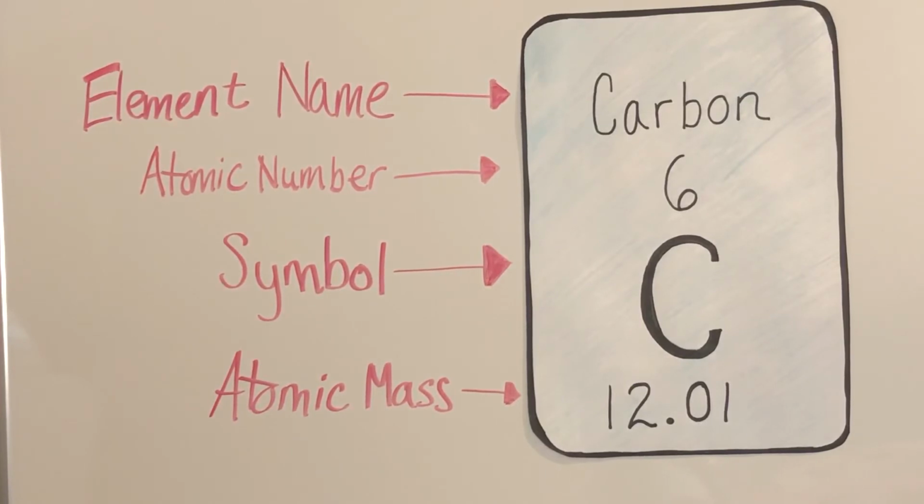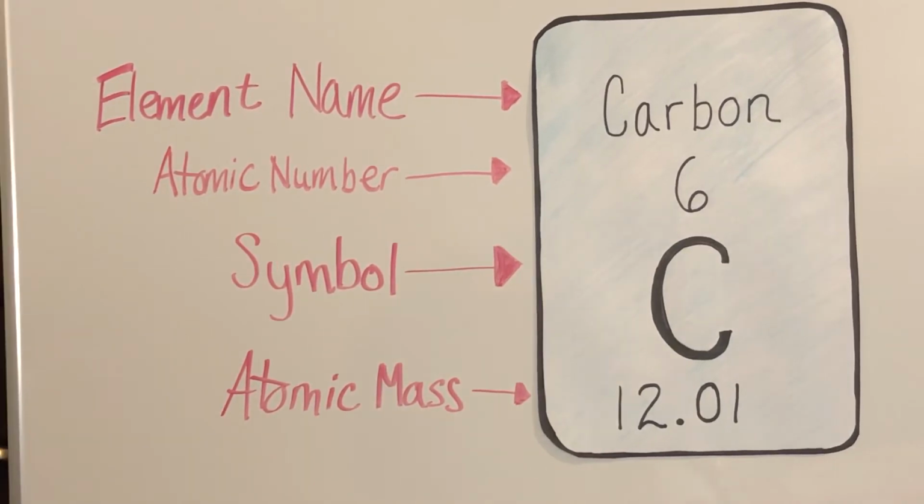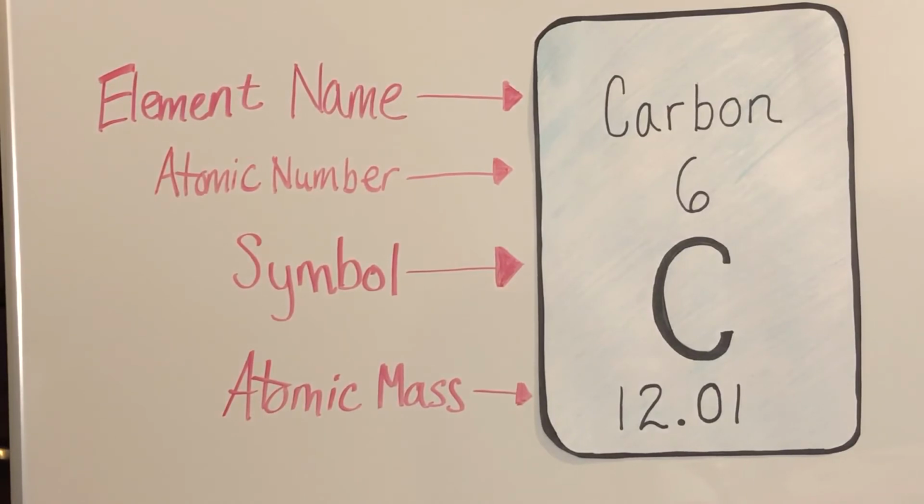But this is not true for neutrons. Atoms of the same element can have different numbers of neutrons than protons. Atoms of the same element with different numbers of neutrons are called isotopes of that element. The atomic mass in the periodic table is the average of the atomic masses of all of the isotopes of that element. Let's look at how you can determine the number of neutrons in an atom for the